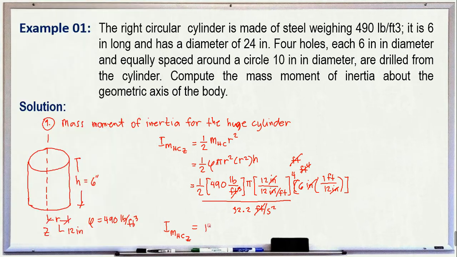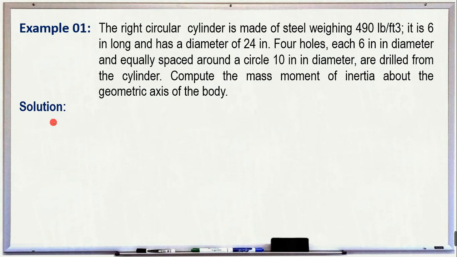So, we have 11.95. This is pound foot second squared. So, this is our moment of inertia for the huge cylinder. Let's proceed to the 4 holes. Now, in our analysis, we consider that the 4 holes are 4 cylinders made of steel. We will just subtract them. That is in our analysis. Okay? So, for the 4 holes,